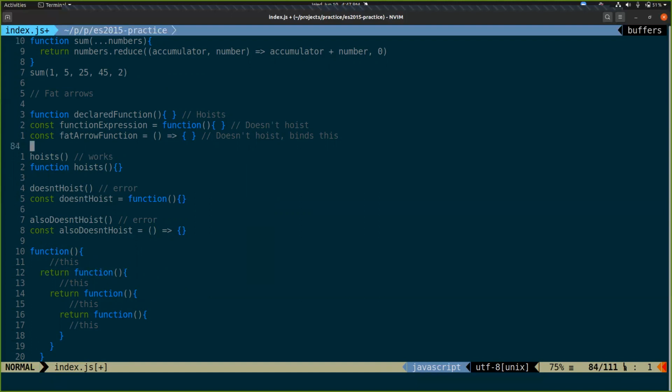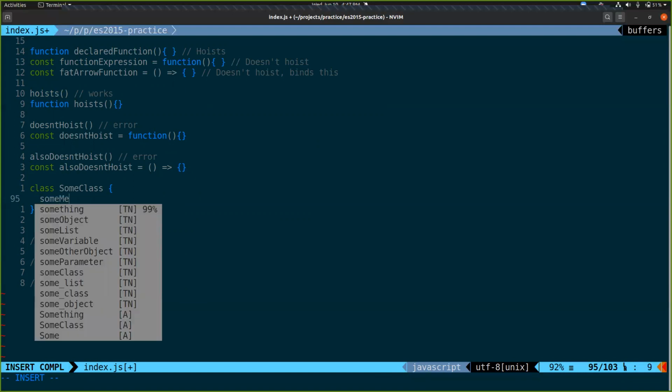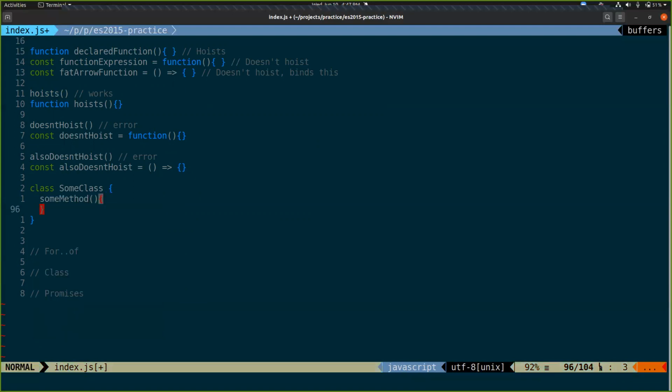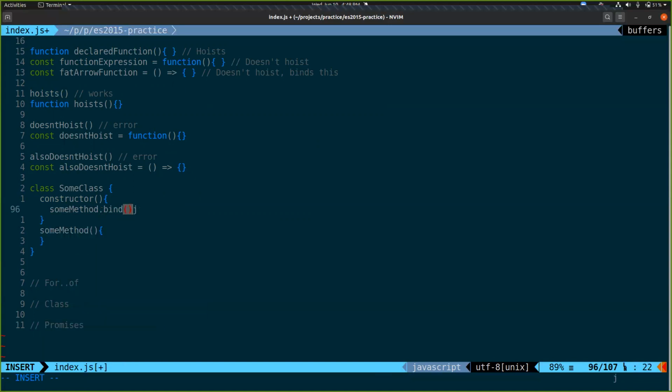So here's the practical example of where you have probably seen this in labs. You've got some class, and this might have some method on it. And in the constructor, you probably saw something like some method dot bind this.